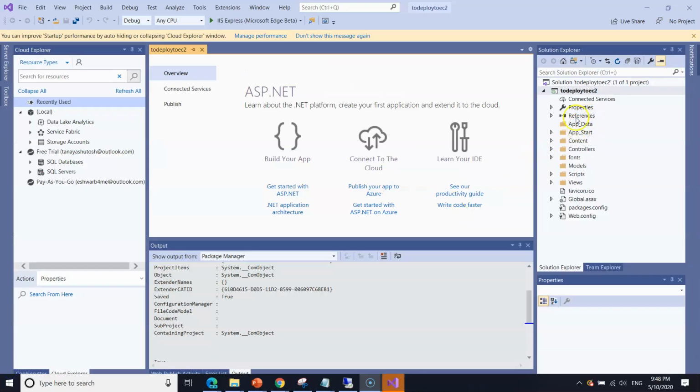We'll come and land here. So now if you want to just check locally what this application is, simply select IIS Express.